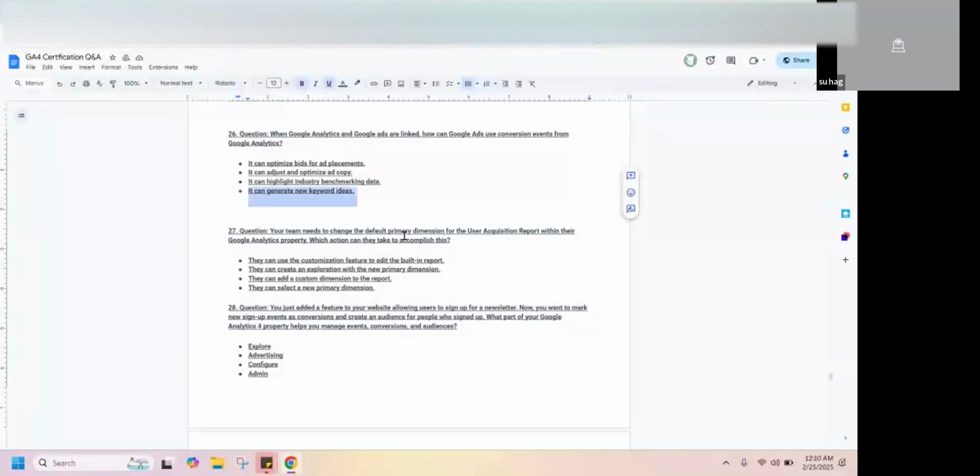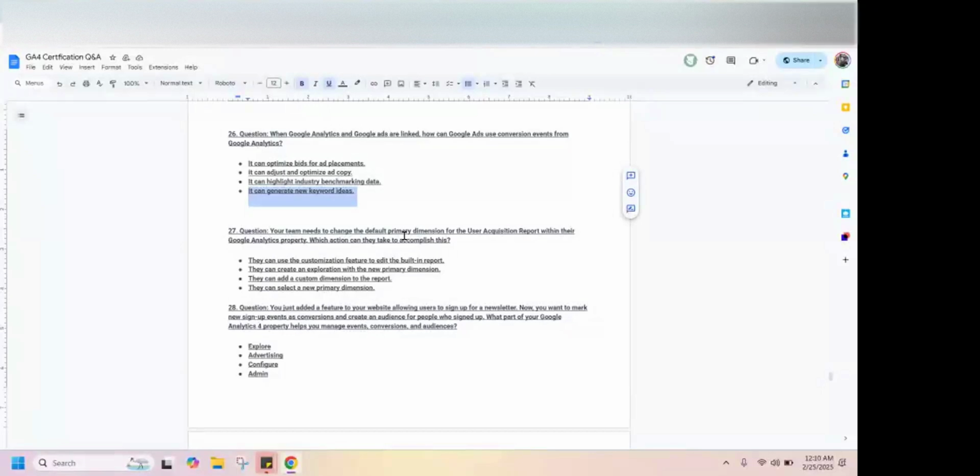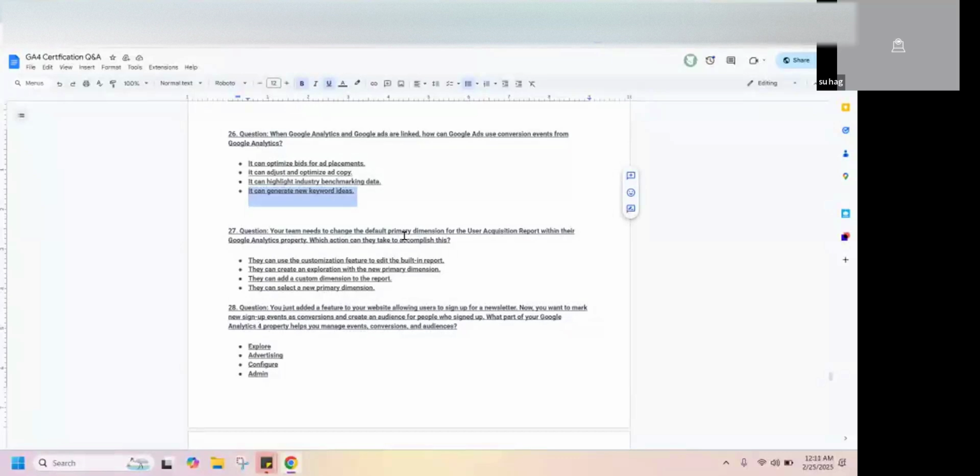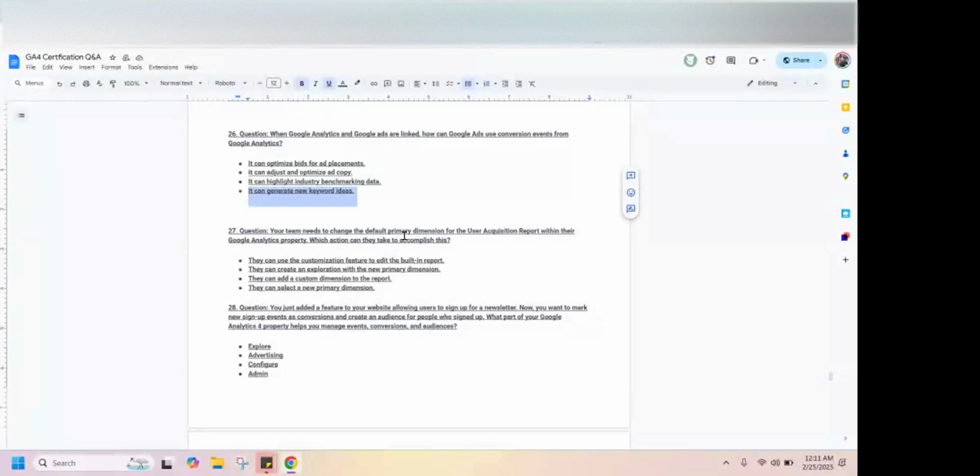No, no, no. First of all, you have to understand what conversion is. Conversion is the final goal of your campaign. If you want someone to make a purchase on your website, you can make the purchase event your conversion. And if someone makes a form submission on your website, you can make this form submission event a conversion. I understand that.